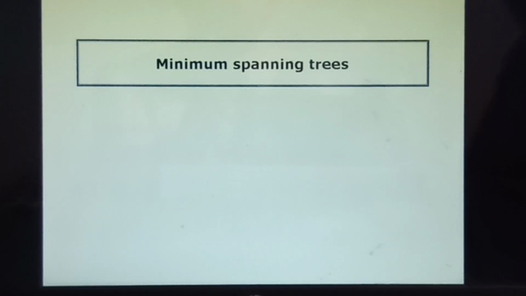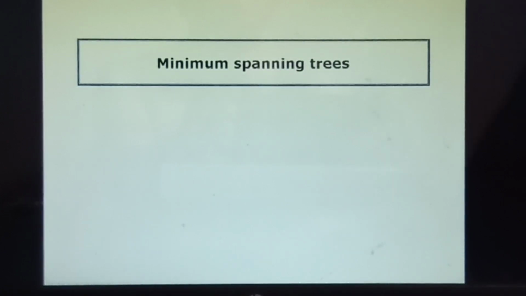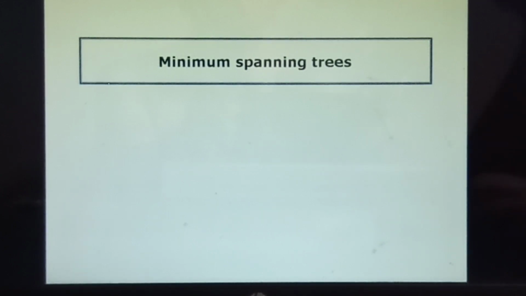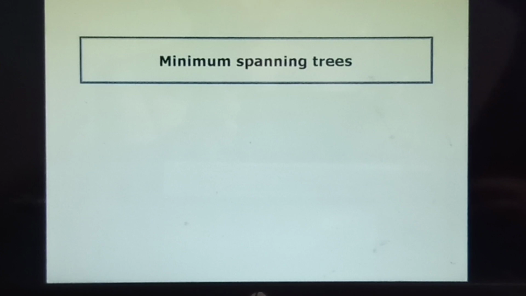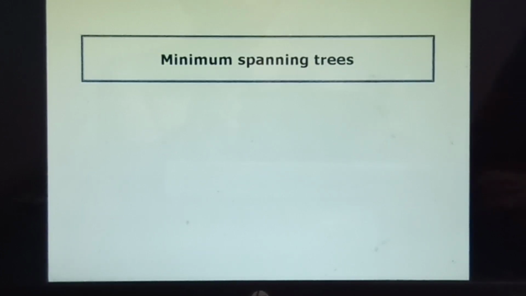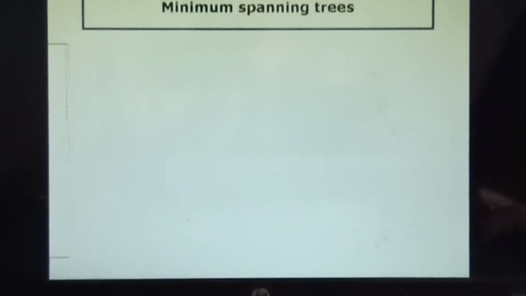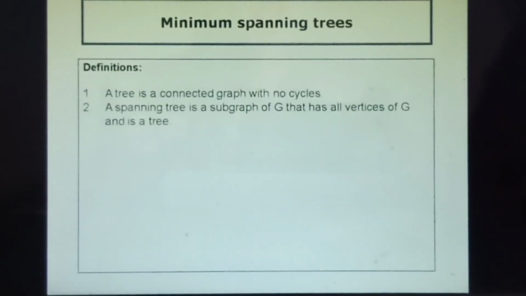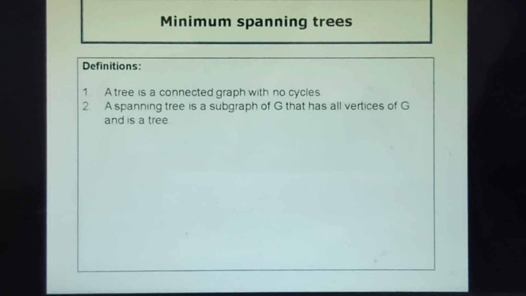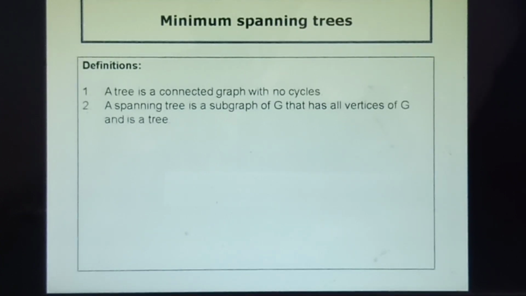Today we are going to see the concept of minimum spanning trees. Already we know the concept of the binary tree, then we have seen also the concept related with the graphs also. So this minimum spanning tree concept is related with the graphs. So first we will again revise some definitions, like we have already seen the definition of the tree.